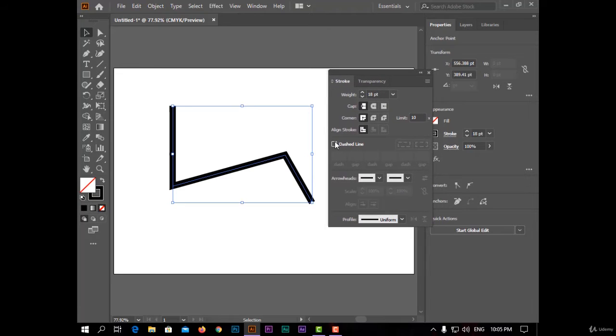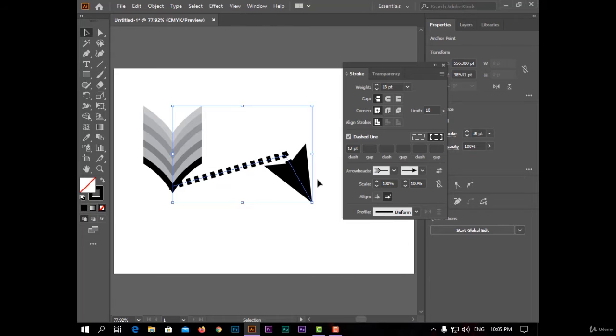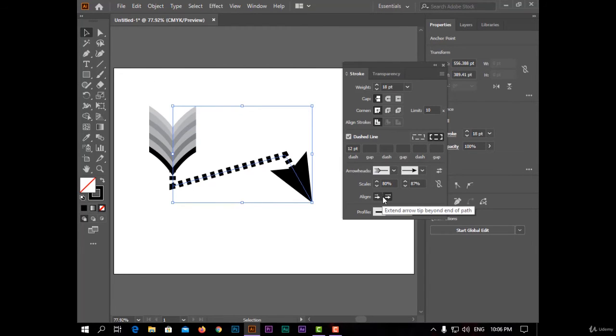And I can also make it like a dashed line, and I can change the space between only one dash and another from here. And you can make an arrow like this. You have many arrows here like this in the end and in the start, and I can change the scale of the arrow, and I can align the position of the arrows like this,